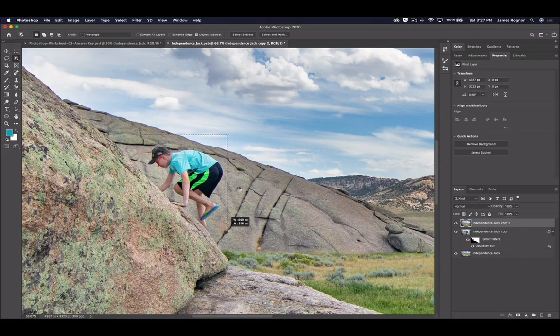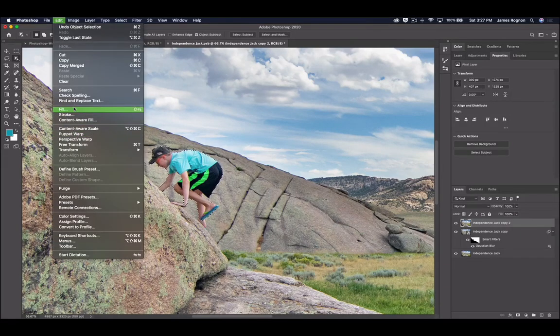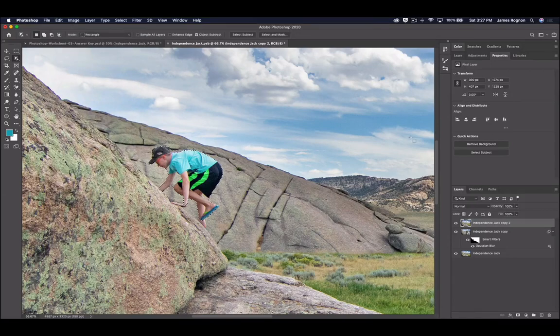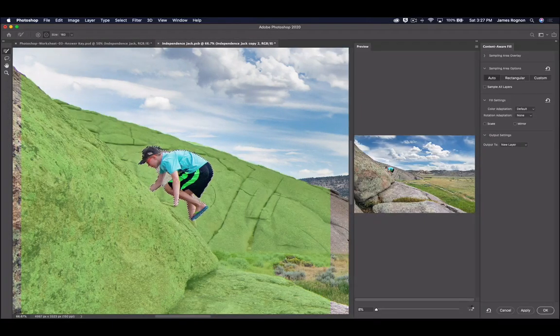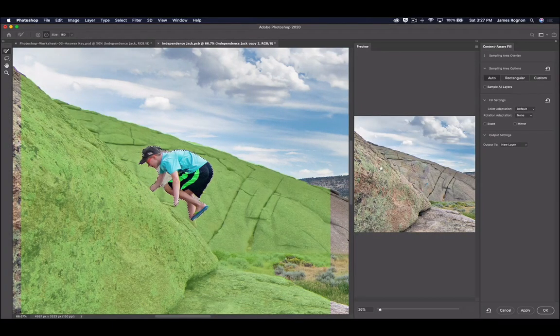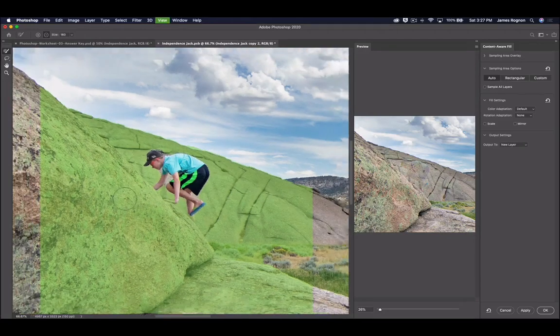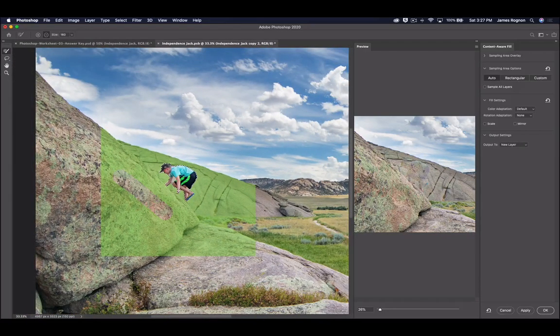Basically, we want to get rid of him, because what we really want to do is blur out everything but him. And so now we're going to go up to Edit, Fill. Let's do content aware fill, and we're going to pop this and kind of see what happens here. And I'm going to zoom out on this one, and we're going to deselect this area just so it doesn't pull from here, and we're going to kind of more select